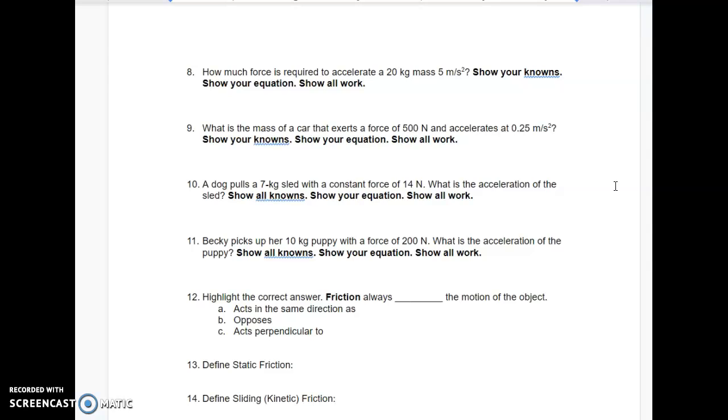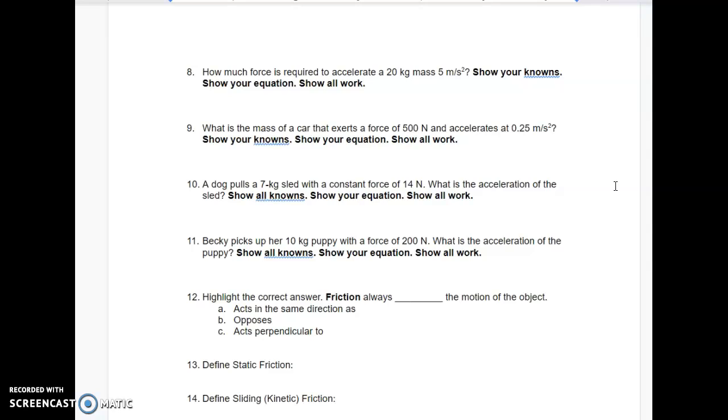So our mass is 20 kilograms, our acceleration is 5 meters per second squared. So we should get a force of 100 newtons there. So 20 times 5 is 100. And then what are the units for force? Newtons. So number 9, what is the mass of a car that exerts a force of 500 newtons and accelerates